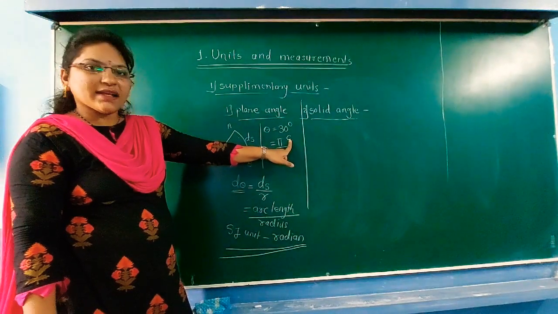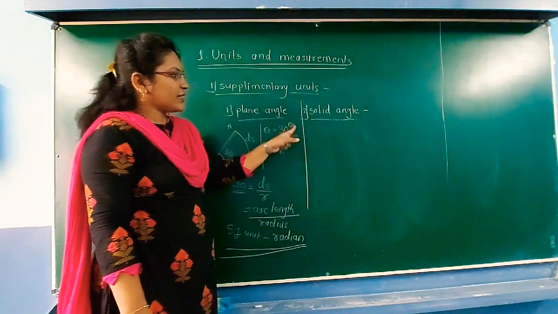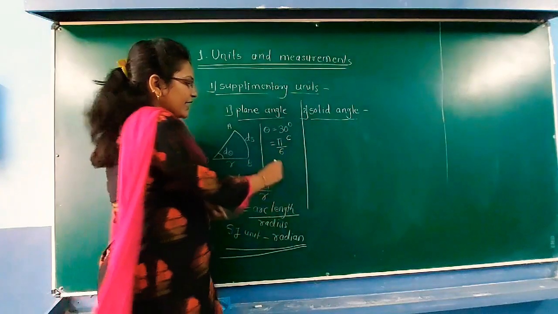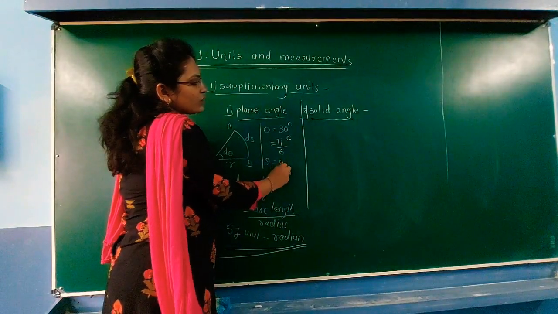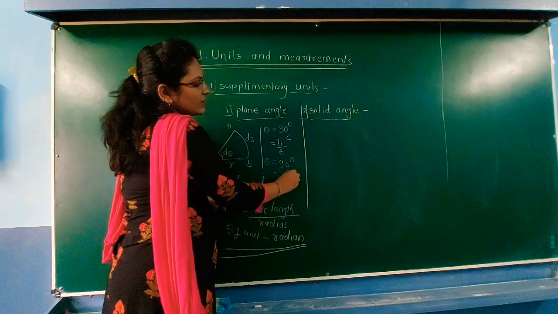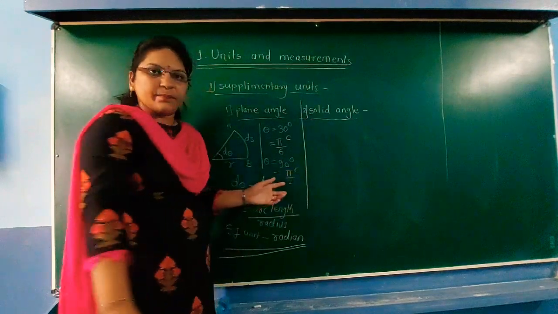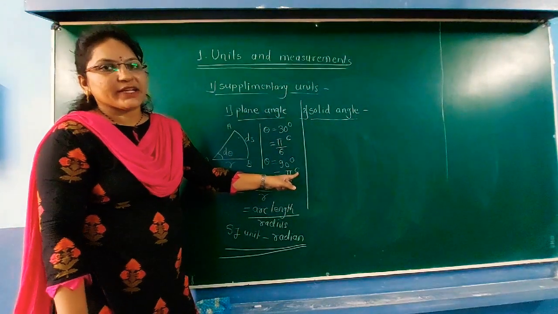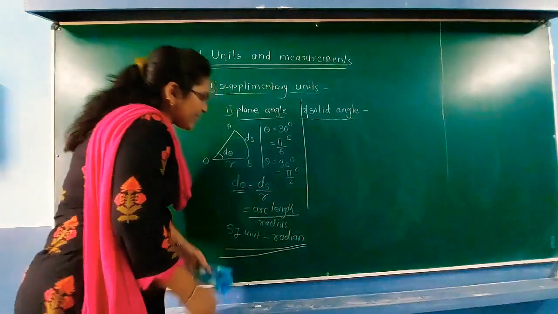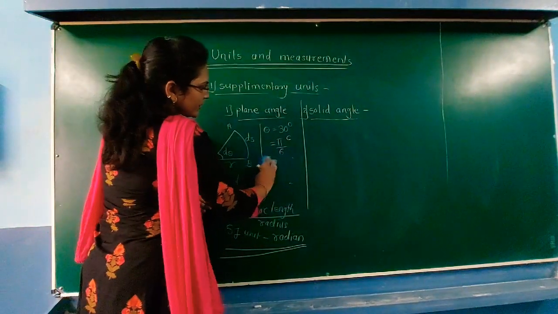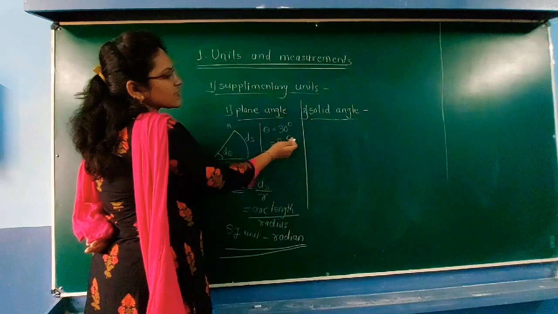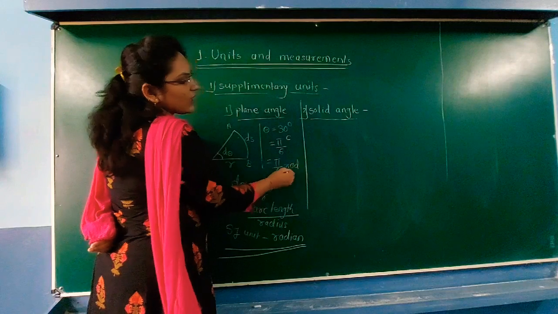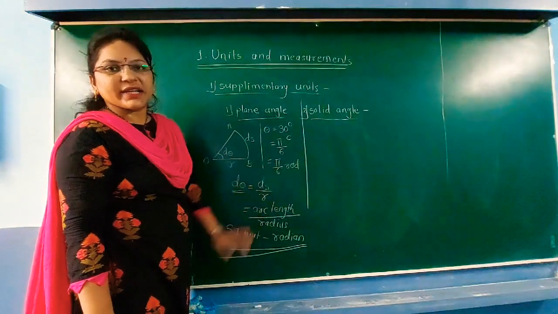Okay, so radian is an SI unit. Degree is not an SI unit, only radian is the SI unit. If we have angle theta equal to 90 degree, then we can write pi by 2 radian. This is the symbol of radian. Or you can write radian like this. If there is pi by 6 radian, we can also write pi by 6 small rad. That is the symbol of radian.